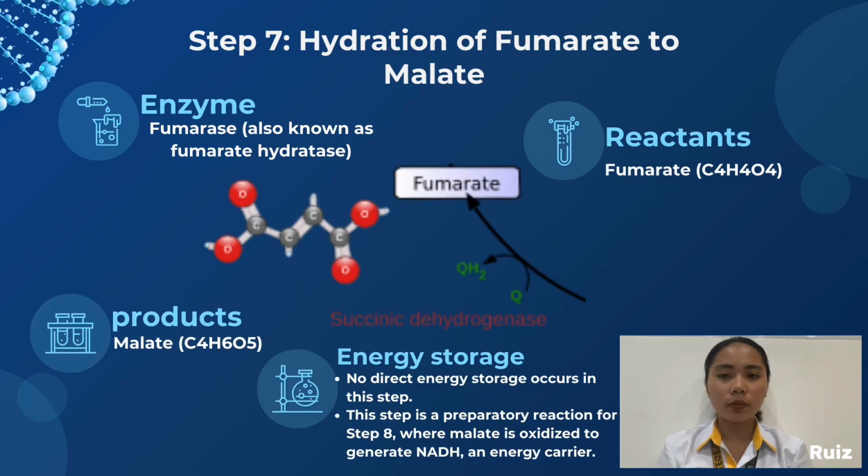In step 7, fumarate from step 6 undergoes a hydration reaction, meaning a water molecule is added to it. The enzyme fumarase catalyzes this reaction where water is added to fumarate, converting it into malate, a 4-carbon compound. This step is simply about adding a water molecule to the fumarate, which creates malate. Malate is then ready for the next step in the cycle, where it will be oxidized to produce more energy